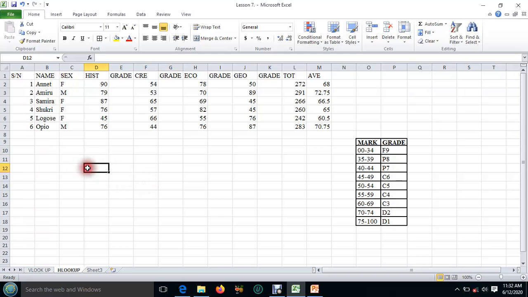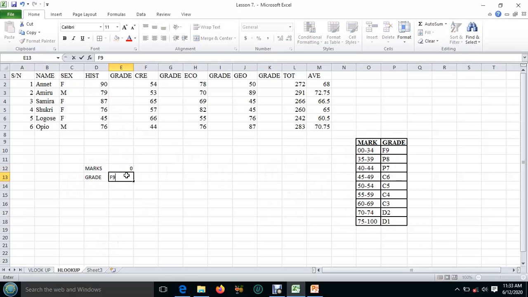So we are going to have a max. Then here we shall have grade. So the arrangement matters here. VLOOKUP is a vertical lookup, so we arrange the table array in a vertical format. Then HLOOKUP stands for horizontal lookup, and we set our table array in the horizontal manner. Now the arrangement of the max here remains the same. We take the first one and we begin with the smallest, which is 0,